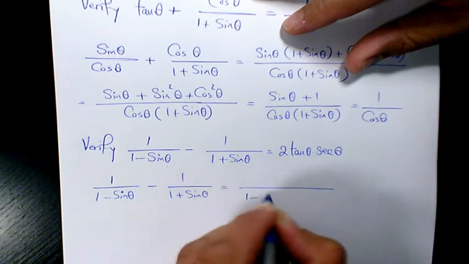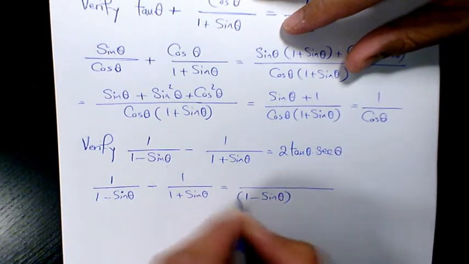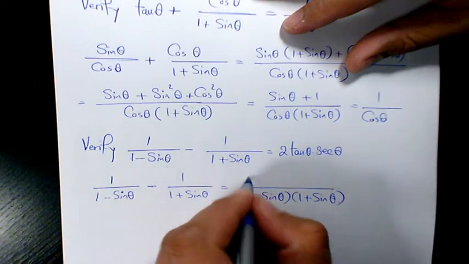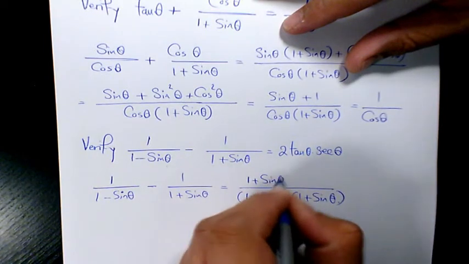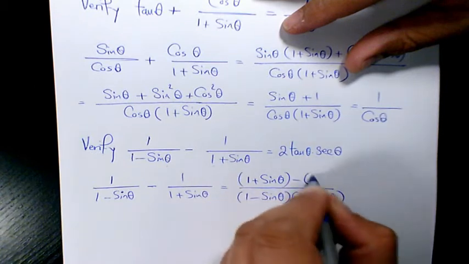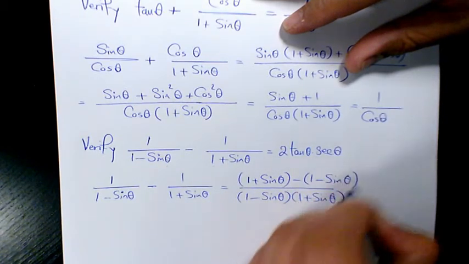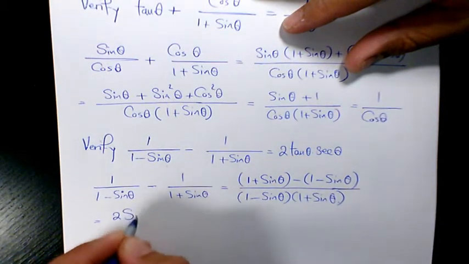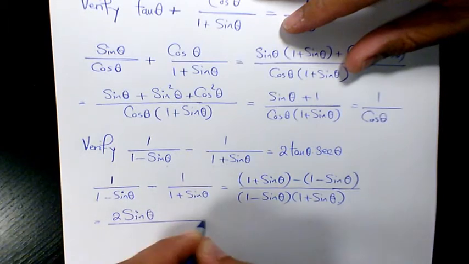That's going to be 1 minus sine theta times 1 plus sine theta. And then you have 1 plus sine theta minus 1 minus sine theta. So that will be 2 sine theta over